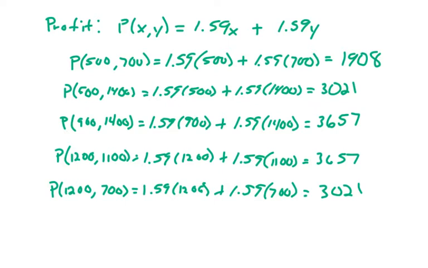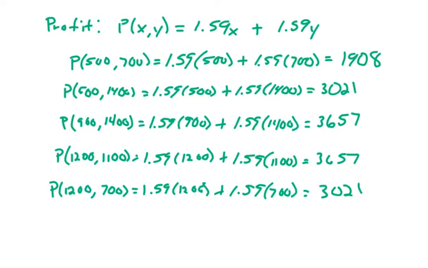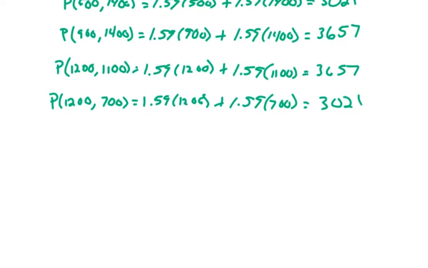So which one gives us a maximum profit? Well, we actually have two different possible combinations. Okay, the 900, 1,400 or 1,200, 1,100. So when this happens, when you have multiple optimal solutions or alternate optimal solutions, got a vocabulary term, we need to list all of them, all of the possible outcomes that maximize the profit or maximize the problem. So we either need to sell 1,200 widgets and 1,100 gadgets,